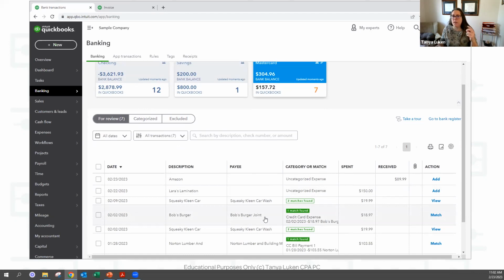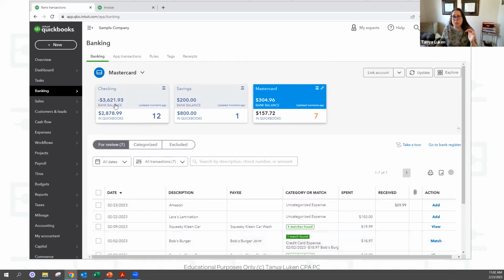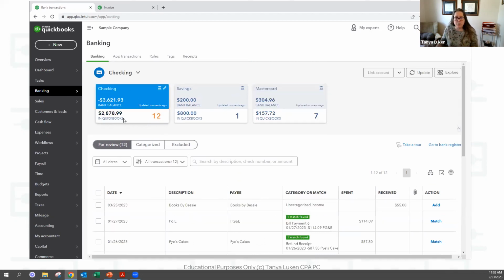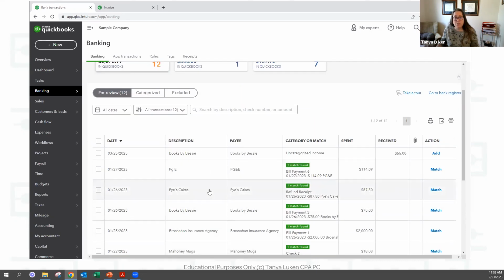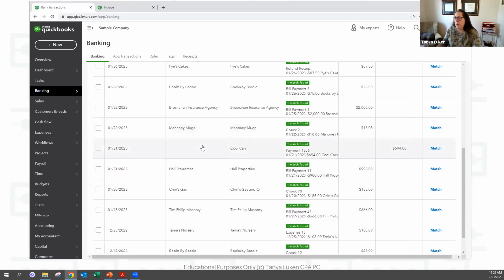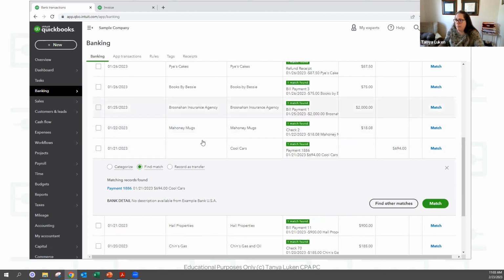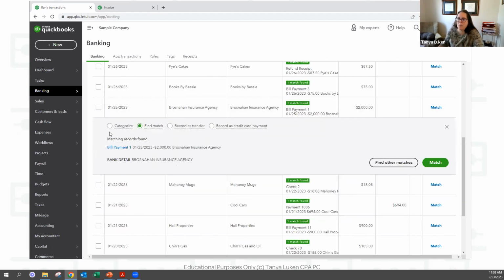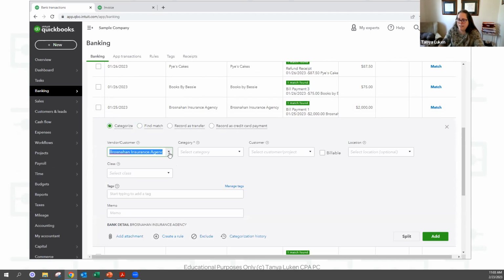Okay. So I'll say that one more time. So when you transfer money to your savings account or you pay your credit card, that is going to be a spend money in your checking account. So when you record it here, you would record it as, hey, I paid my credit card account. So we're just going to pick this thing and we're going to say that this was a payment against our MasterCard account.